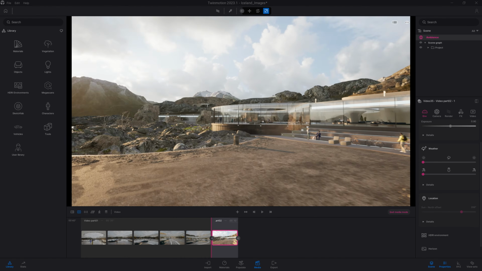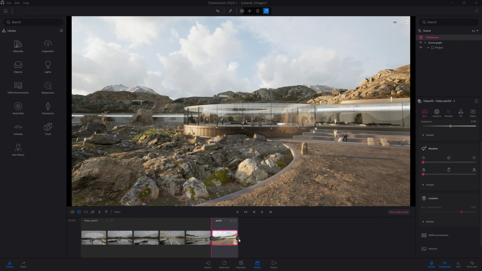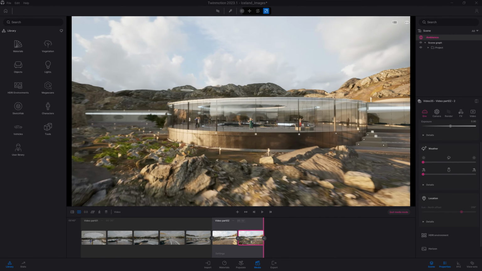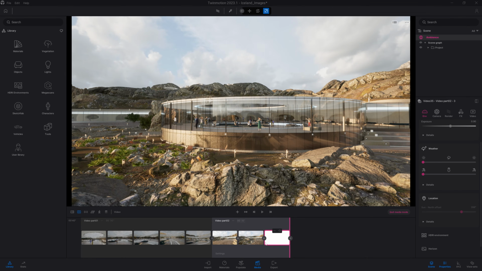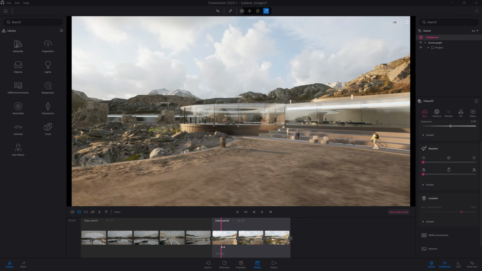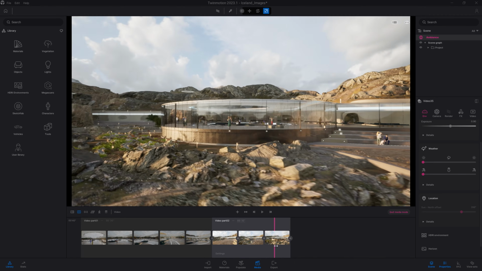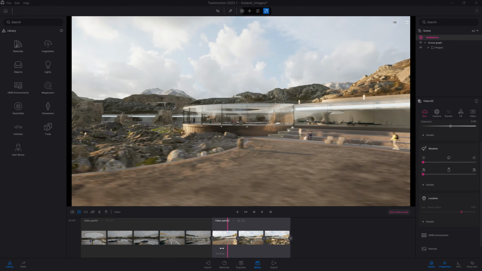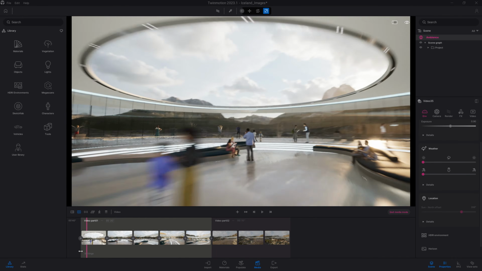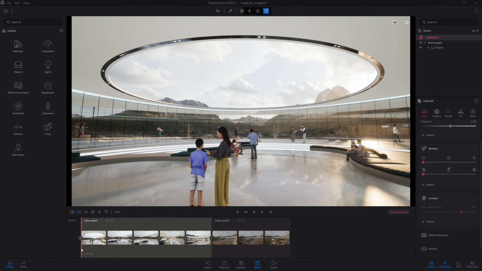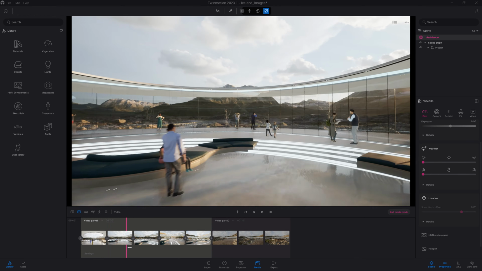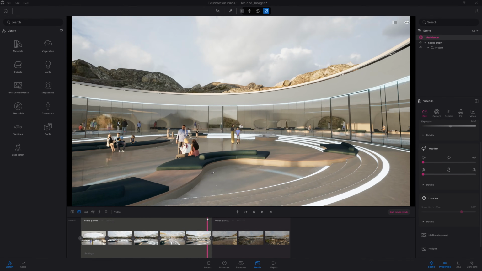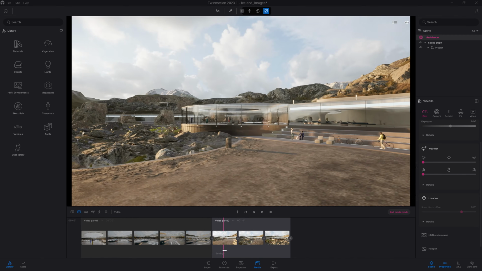So let's add a couple of keyframes to this one also. So we'll click on the plus. I will click on the plus again. So here we have a new part with a couple of keyframes. So now, if I hit play on my whole movie, it will play the first media. At the end of that first part, it will switch to the second one.